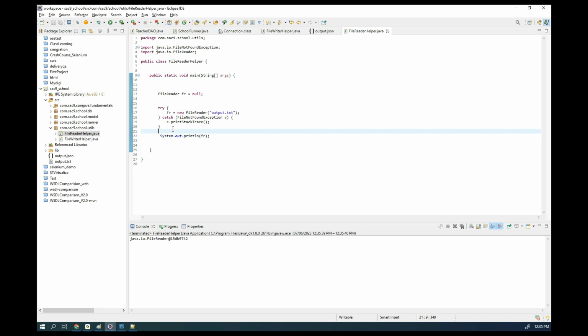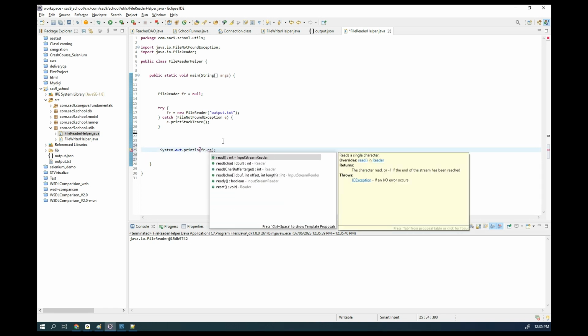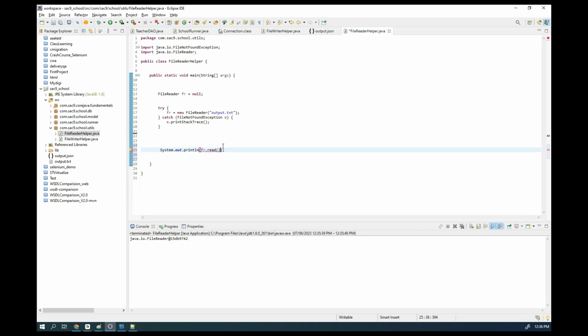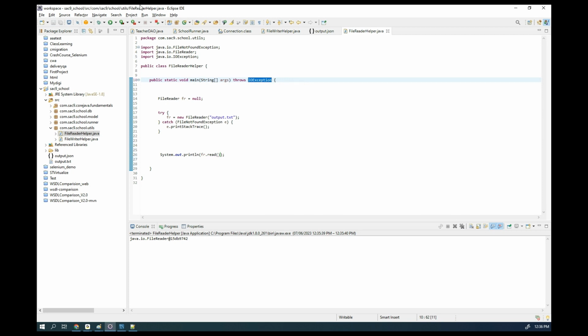Okay, so we need to iterate this file reader. If you want to iterate that one, what we can do is fr dot read. Line is not the right read. It shows the number of characters. So what we do, we need to iterate while